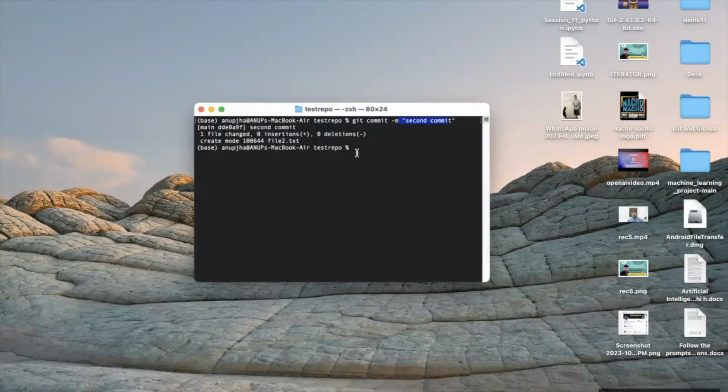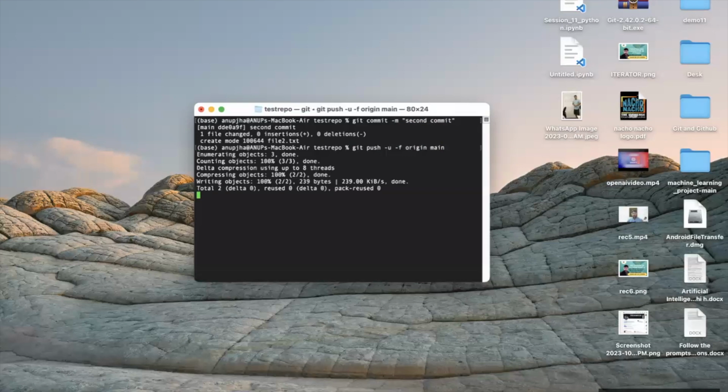So the same thing that I did with file1, I have to do here also. For that, I have to push my changes from my local git to the GitHub repository. So for doing that, what do I have to do? Simply type git push -u -f origin, thereafter main. If I simply press enter here,